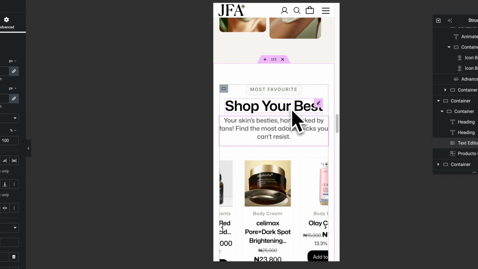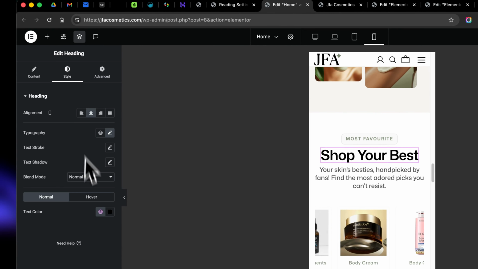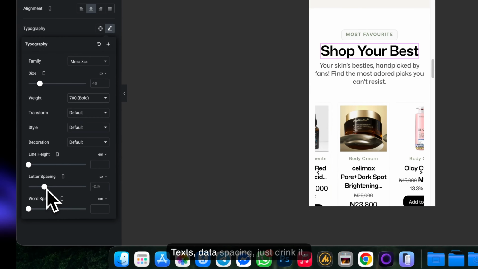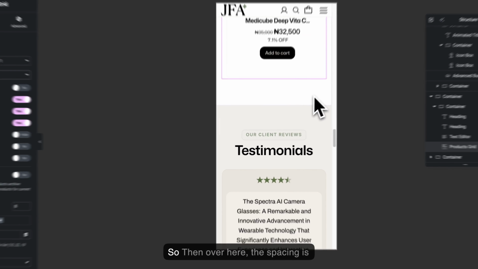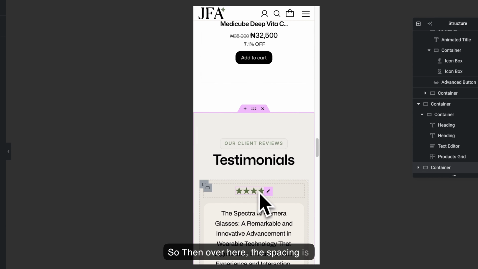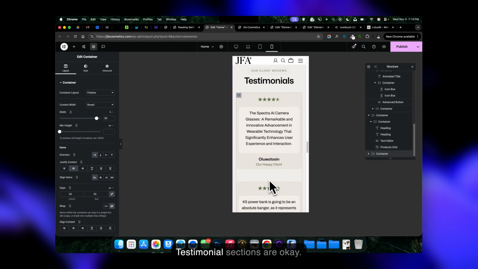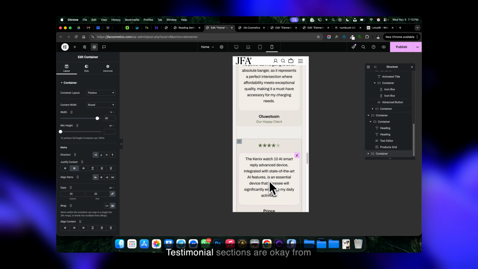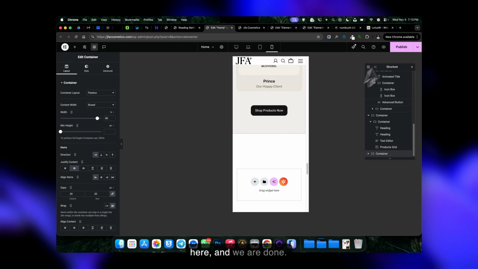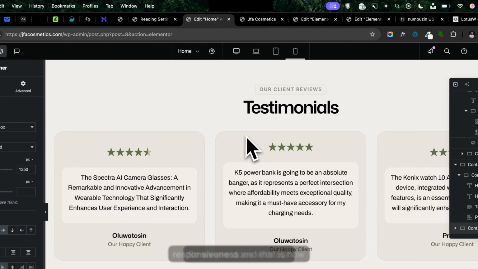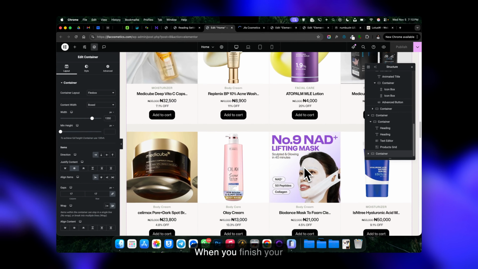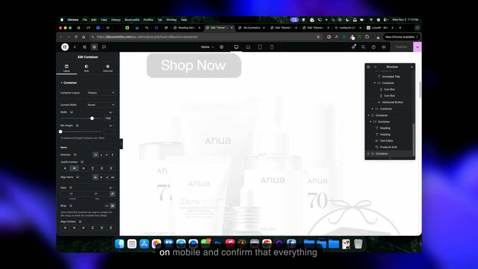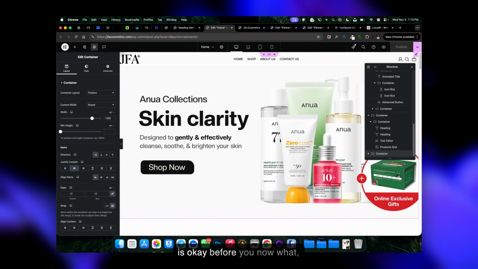Expand it. This is not okay. Text, letter spacing, just shrink it. Just a tiny little. Don't do too much. Then over here, the spacing is okay. Testimonial is okay. Testimonial sections are okay. Testimonial sections are okay from here. And we are done. So we are done with our responsiveness, and that is how everything works. There is no big deal in this. When you finish your responsiveness, go back and check it on mobile and confirm that everything is okay before you